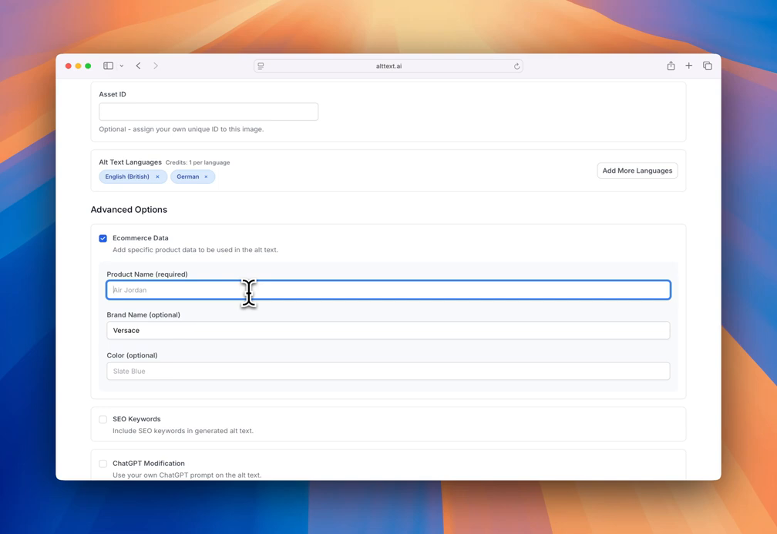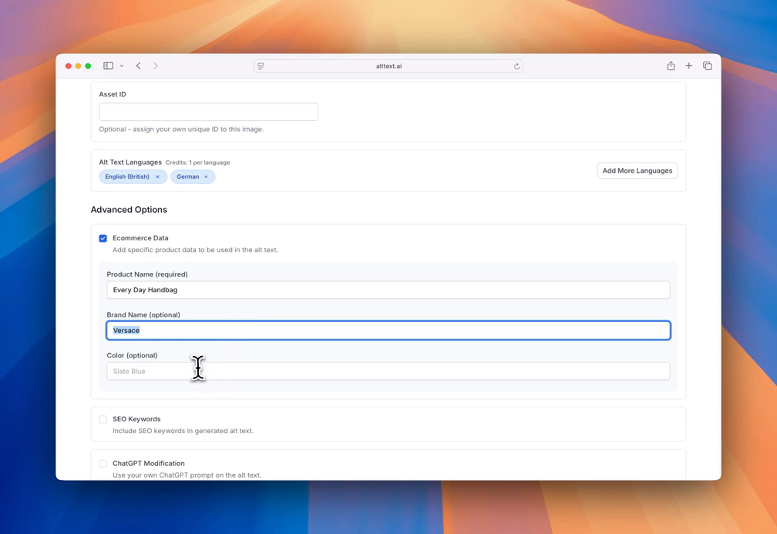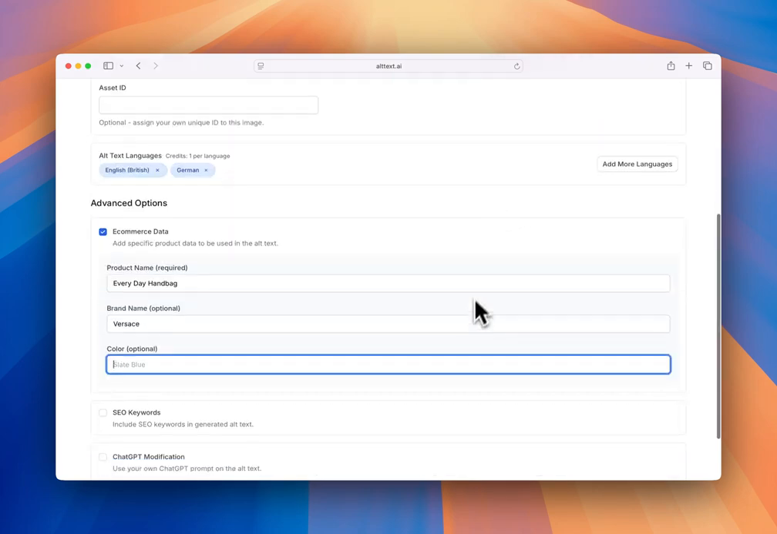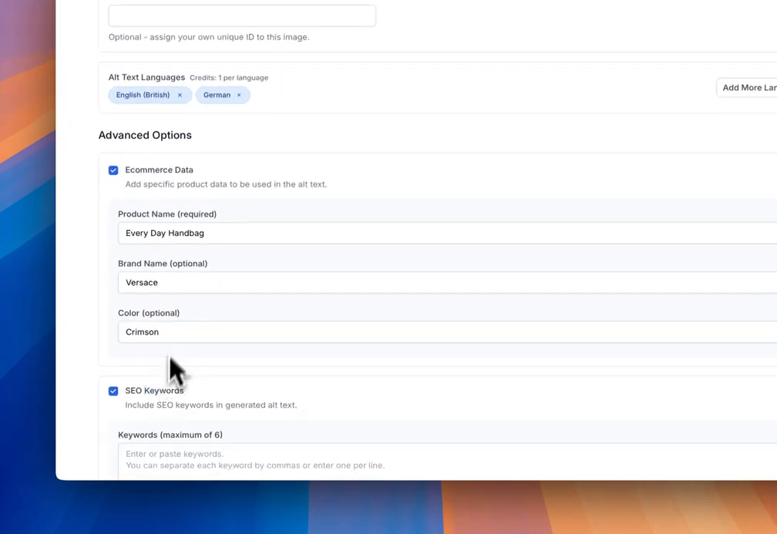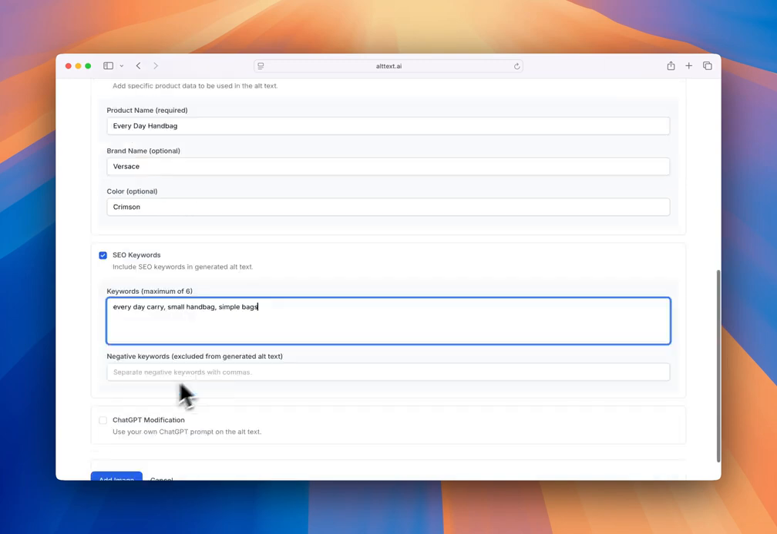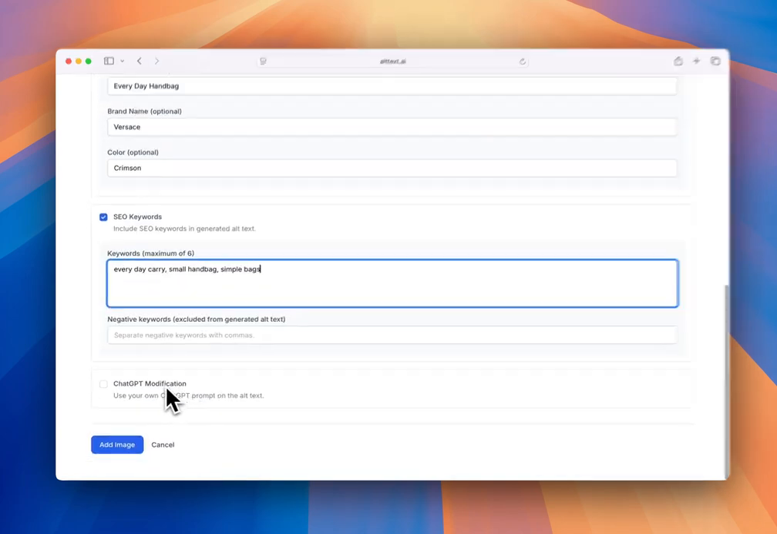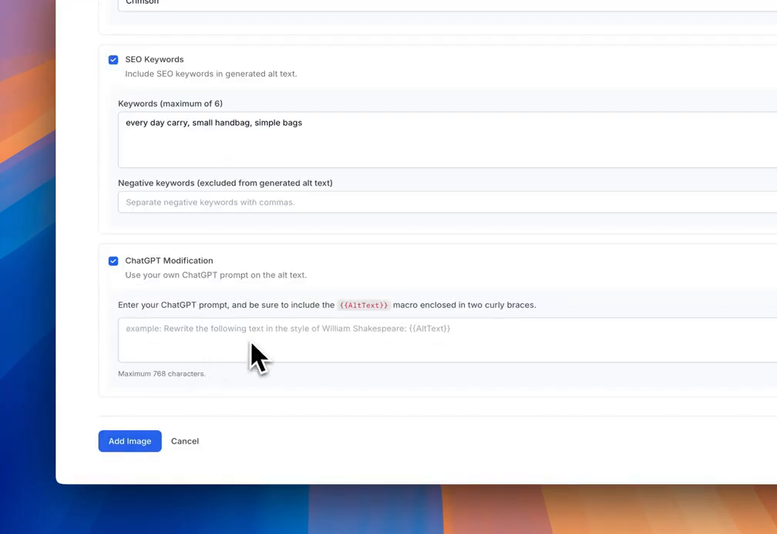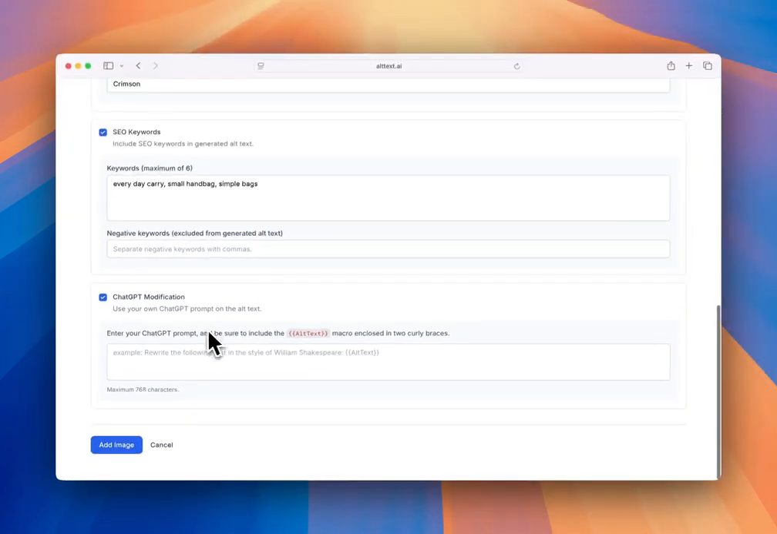So let's say everyday handbag, and let's say this is red, but let's say our product color is crimson. SEO keywords. Everyday carry. So you have a handful of SEO keywords, and then let's say we want to do some sort of ChatGPT modification. So this shows really how powerful this whole thing is. You can from here then modify all of the things that are generated by the AI to then fit something specific. So for example,